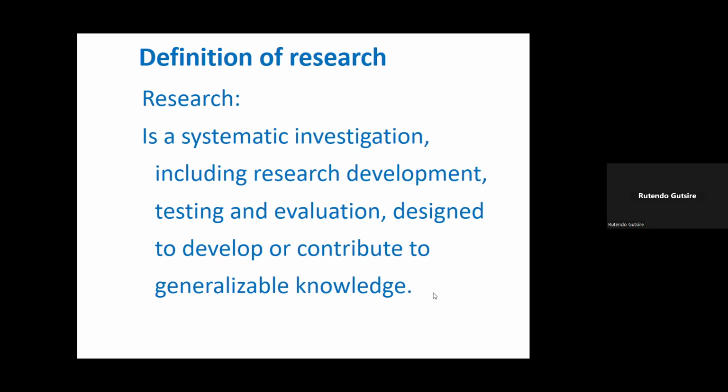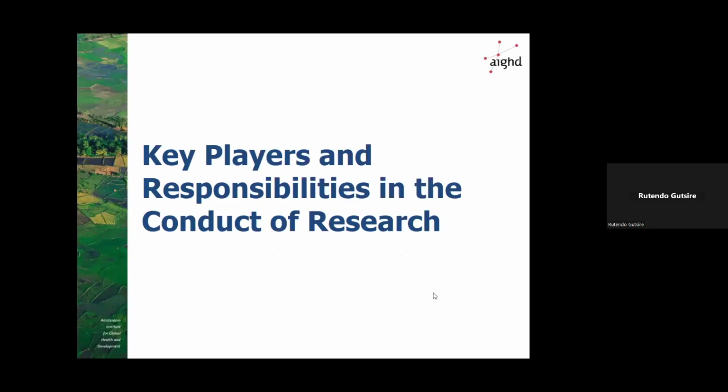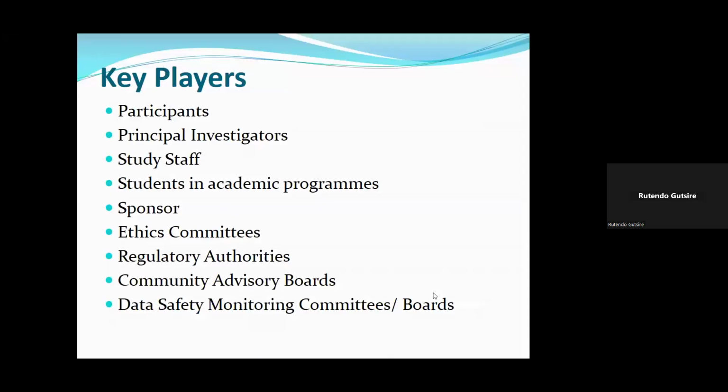So you guys are going to develop a proposal or something innovative in your area, and we'll take you through the steps. So application for ethics clearance is one of the things that you'll have to do when you do your proposals. Let me touch on key players. This is a whole module that can actually take an hour, but I just have one slide to show you who are the key players and their responsibilities in the conduct, so that you know from the outset what kind of people I'm talking about. And you guys, you are included.